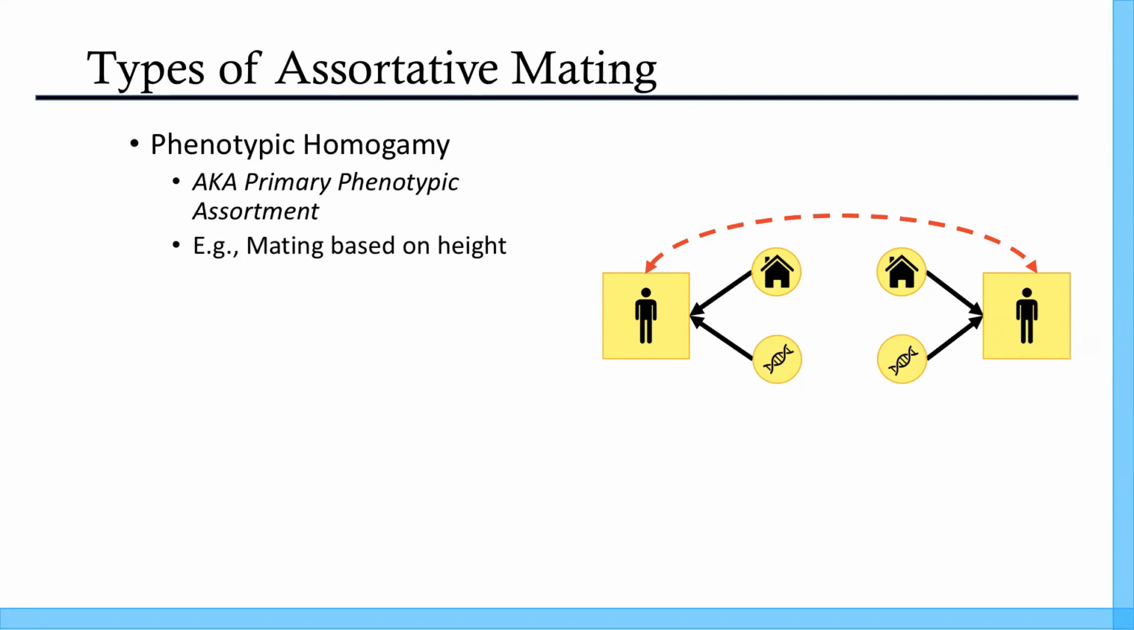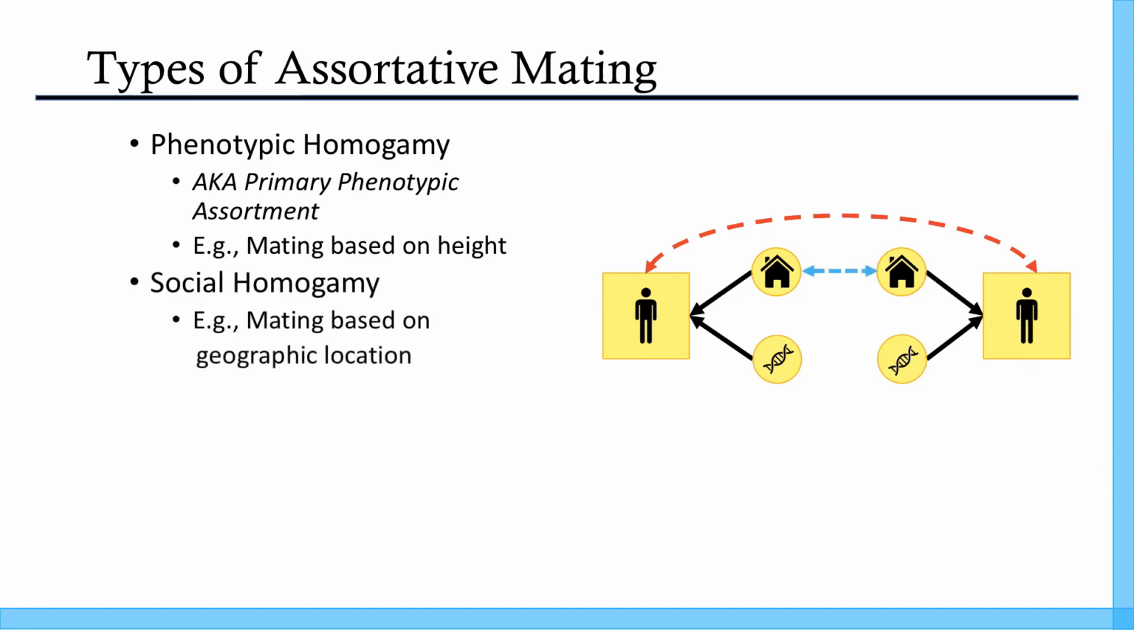However, it may be that people are mating on non-heritable environmental factors rather than phenotypes. That is called social homogamy. So for example, if people were to mate based on geographic location, or maybe birthplace location, maybe they grew up in a similar area and have a lot in common,